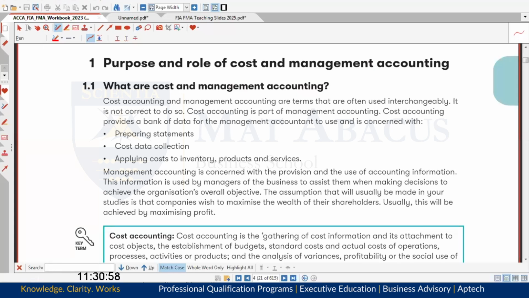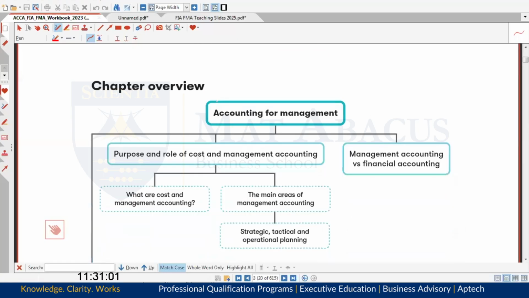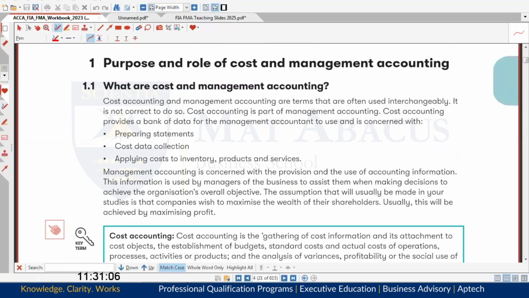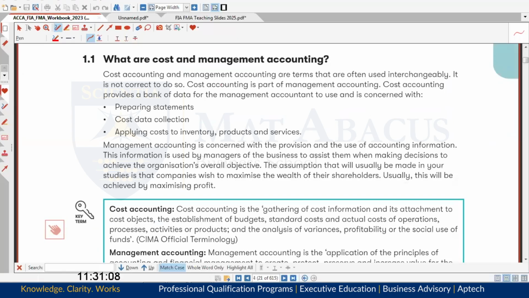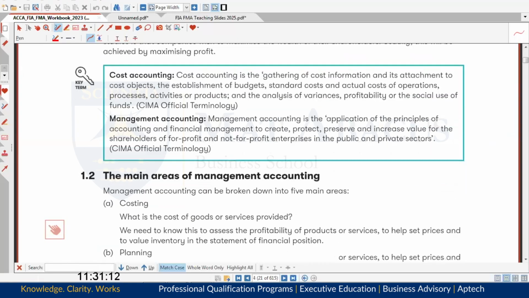So our first topic is accounting for management. And for accounting for management, we shall start by defining cost, like we did before, and said cost is the gathering of